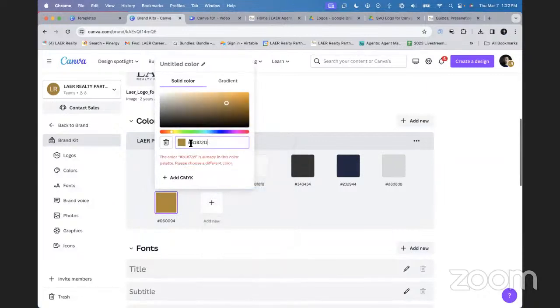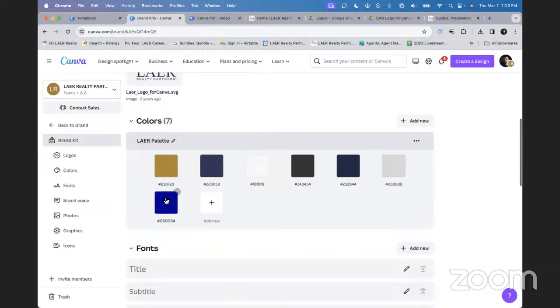paste it. You just have to make sure, well, it's already been added, so it's going to give me this warning, but you just have to make sure that you have the pound sign, the hashtag, on here. And you'll notice that it snaps right into this gold color. It already exists, right? So it's already here. So we have our gold, we have our blue, as well as some complementary or tertiary colors that I just chose. So this sort of gray, darkish charcoal, and a darker blue, as well as white and a lighter